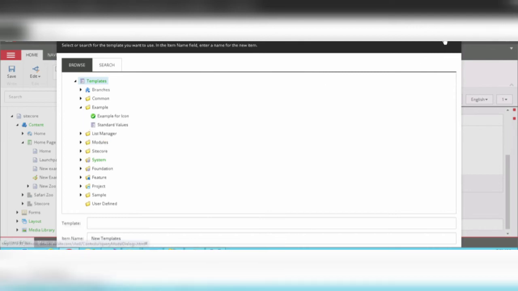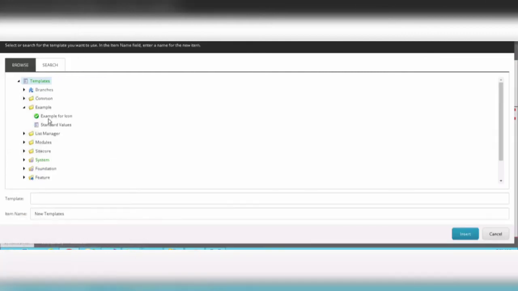let me show this, maximize this, and we have to select the standard values. Then the standard value branch path is there in the template path, and see here the item name, we can give standard values or new standard values or anything. We can give a new name.